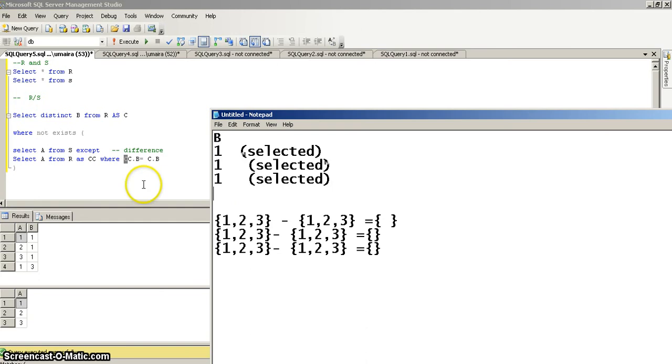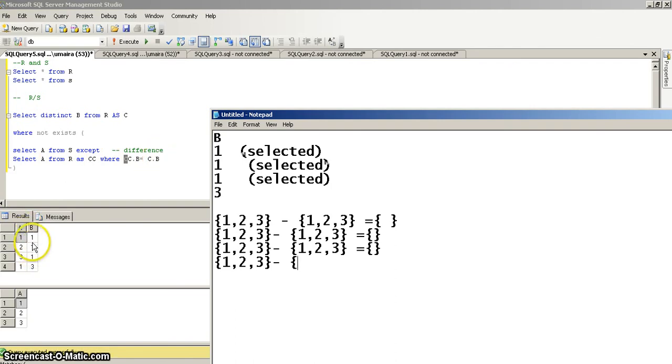So now let's go to the fourth iteration. In the fourth iteration, it will select the fourth tuple, which has the value of B as 3. So in the inner not exists case, it will select set A which has values 1 2 and 3, and the difference of that will be, which is the except operator. So now the base table will be joined again with itself, where the condition will be C dot B has value 3.